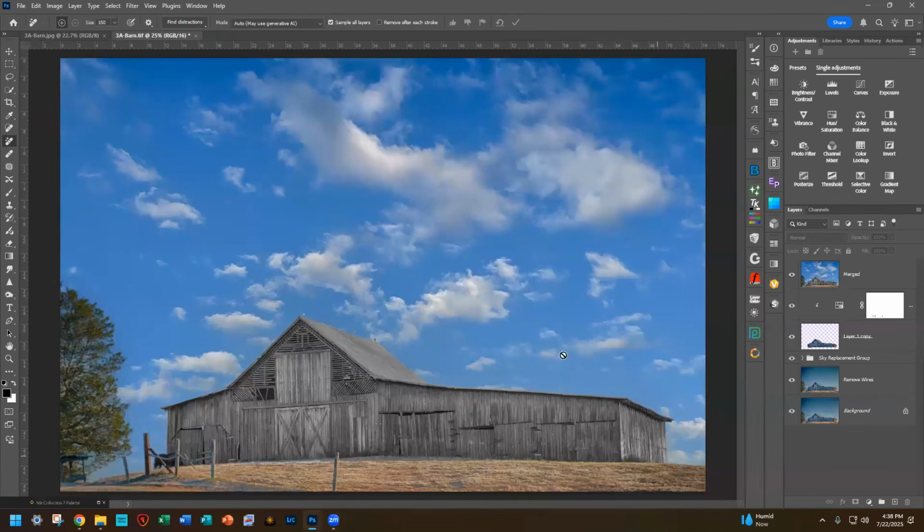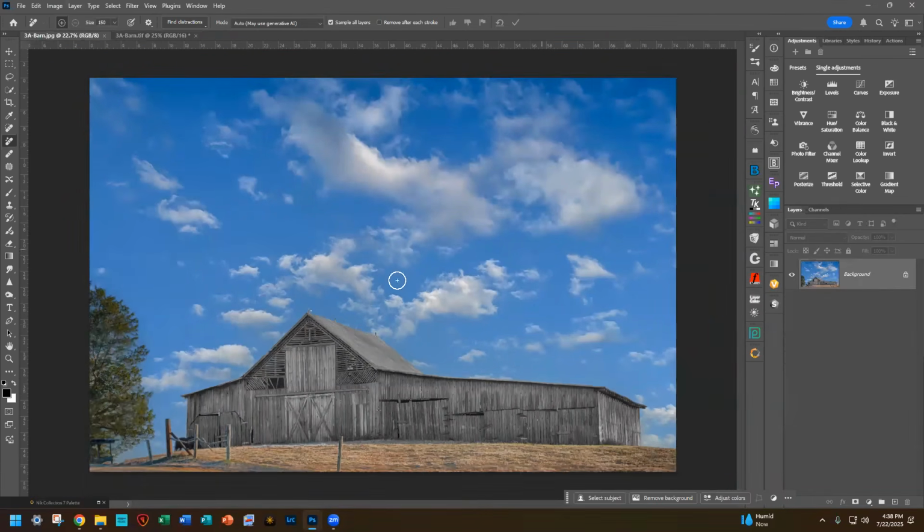Anyway, back to her. So this is basically a flattened version. This is the JPEG we're going to start with. So we're going to start with Silver Efex. And you'll notice too, as you use some of these modules, the individual modules